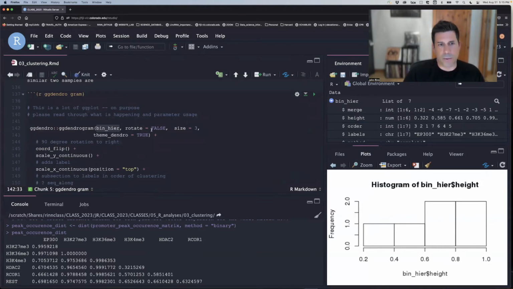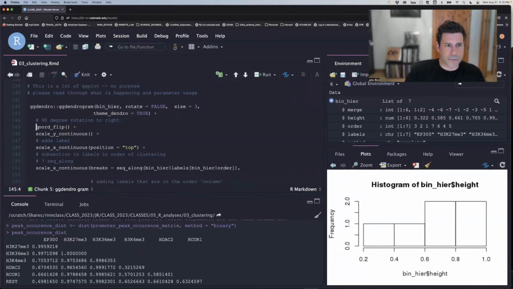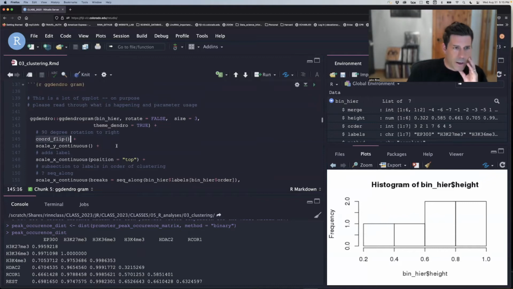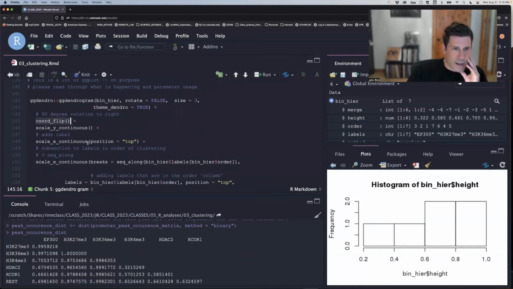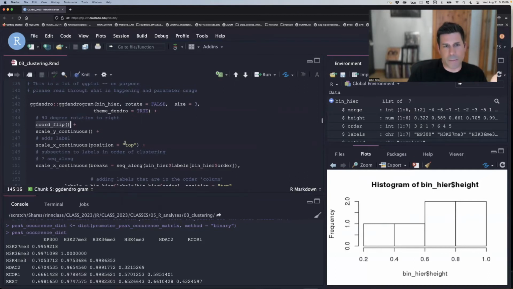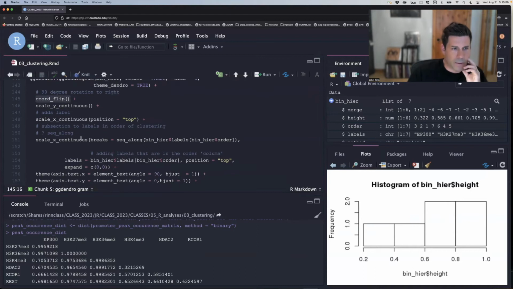And you can see usually they have different ways of presenting it, whether it's left to right or up, down. Each dendrogram program is going to have this, and you just plot it once and then switch it to true if you want it one direction or the other. So these are just aesthetic parameters, and this is the data frame that it's going to plot from. To flip it, we can do coordinate flip and then scale Y, X continuous, and we're putting the top position on the top,